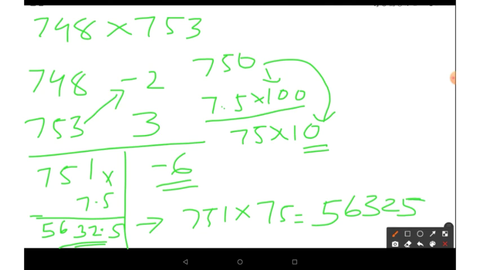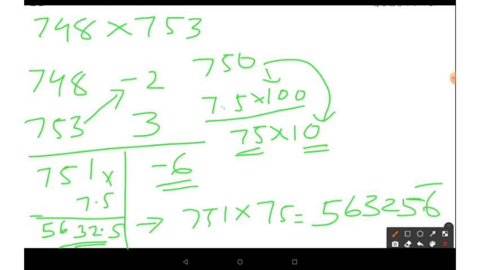And then this part we are adjusting with 10. So it is 75 into 10. We multiplied this part with 75, and this adjustment you have to do with 10. So 10 has got only one 0 and 6 is one digit, but this is 6 with a bar. So now this 56325 6 bar, that number you have to convert.